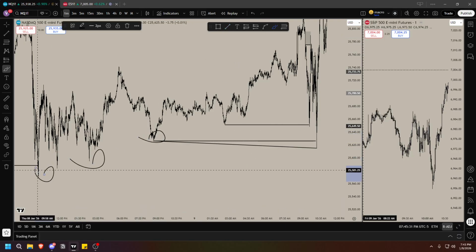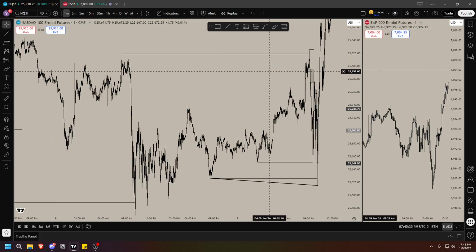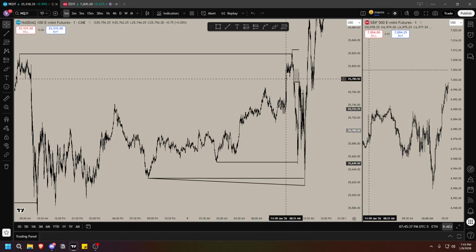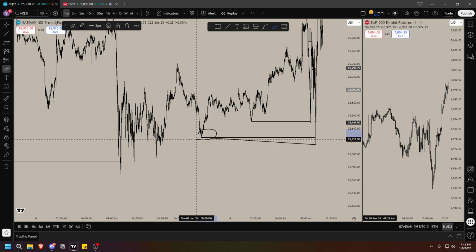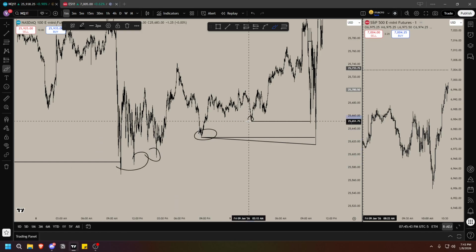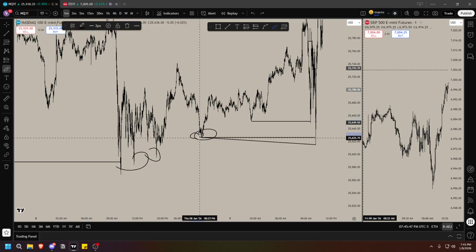Boom, boom, boom, boom. Even though they are protected, yes, you have to think about it. We manipulated higher, and we're selling off, and price is rebalancing. So if price wants to go lower, we want to see what price does at these lows. Here we took it out, we rebalanced, and we sold off again. So your next DOL would be here, Asia lows.